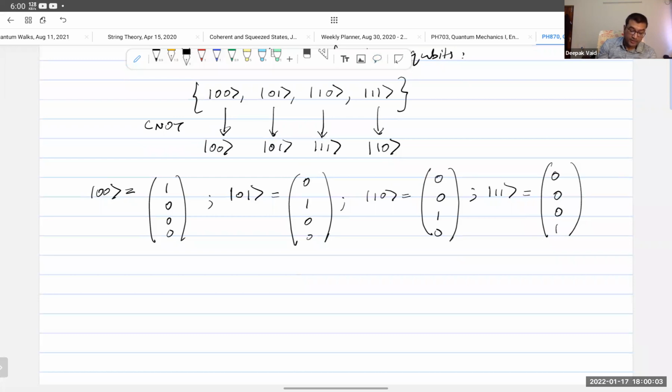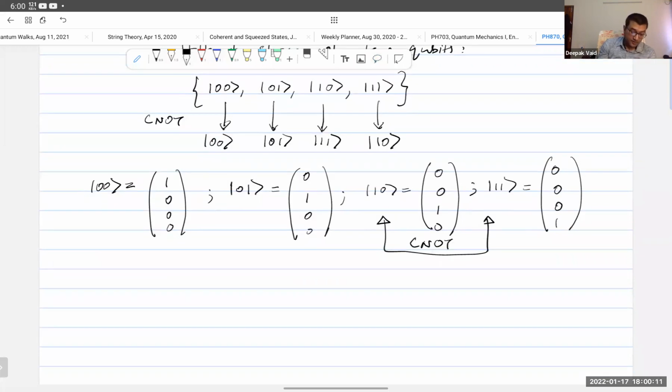So what does the CNOT gate do? The CNOT gate swaps these two components, right? So if I have an arbitrary state of my system, and now other than psi and phi, let me use something like chi, an arbitrary state of my system